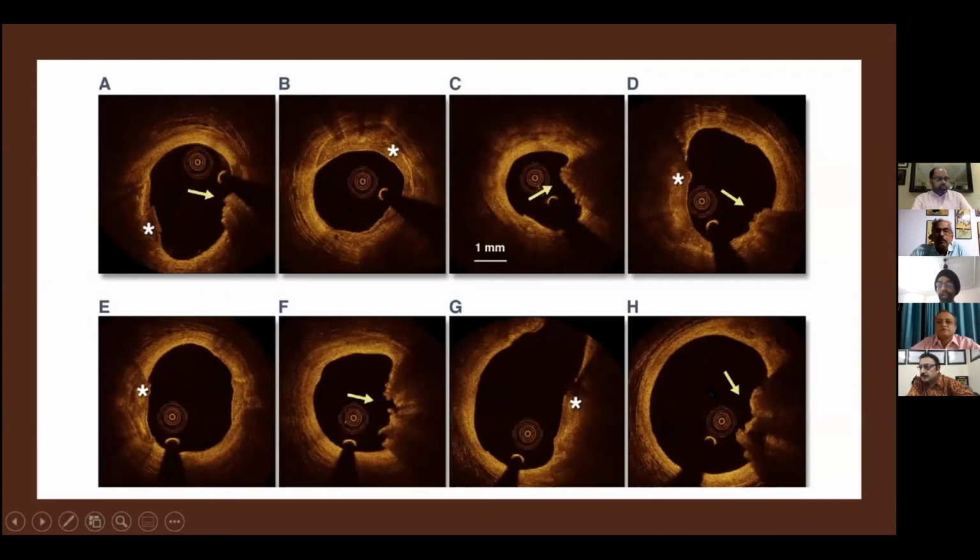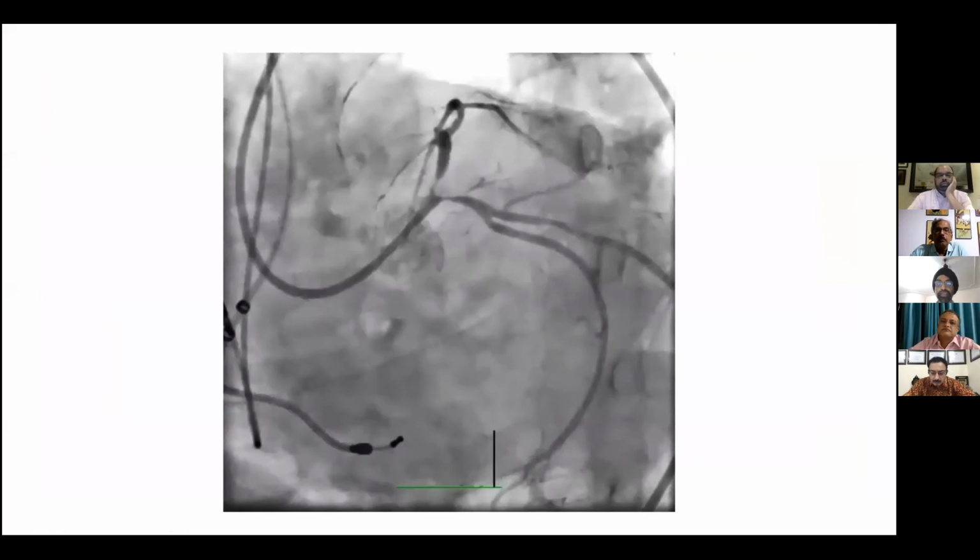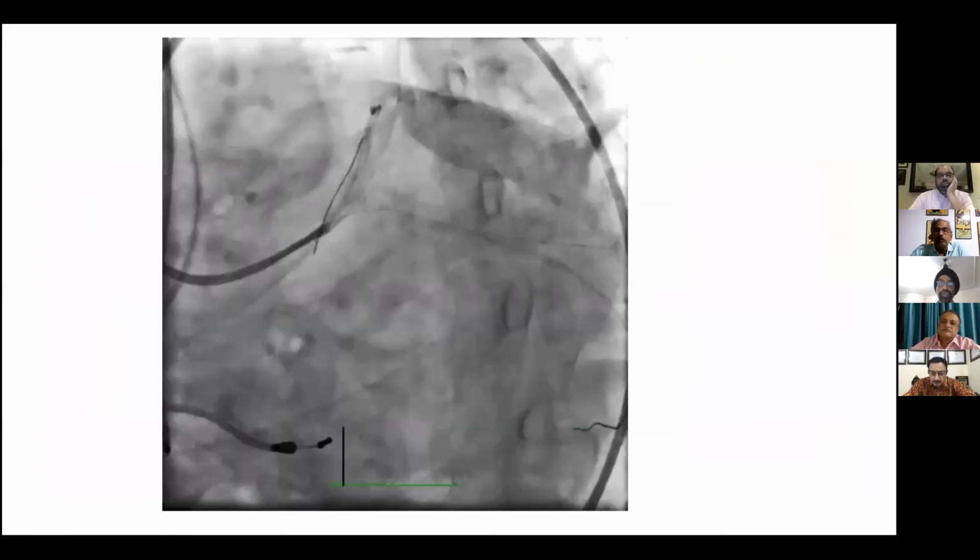However, if you have a wire lying here and you want to cut calcium on this wall, you may find it difficult. For example, in this nodular calcium may not cut, and you may cut this part with the rotablator. So the wire bias is very important, and OCT helps you to assess where the wire lies and where the wire bias is. This is another patient in which we did a